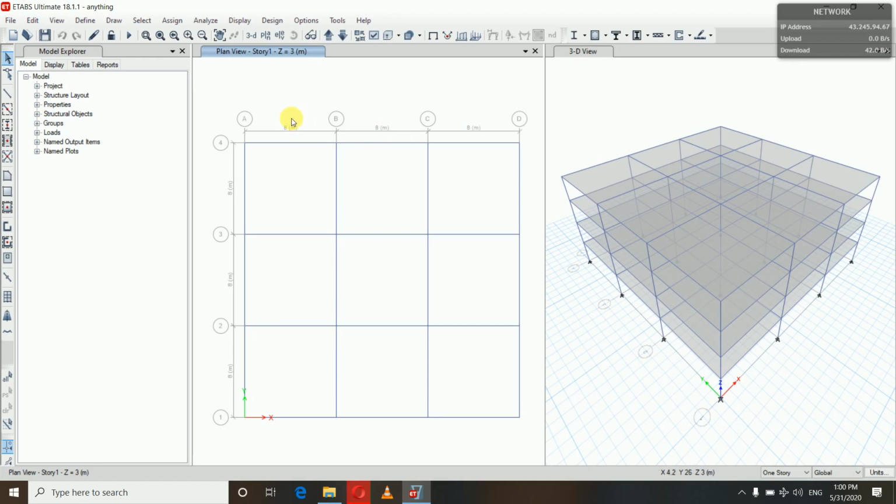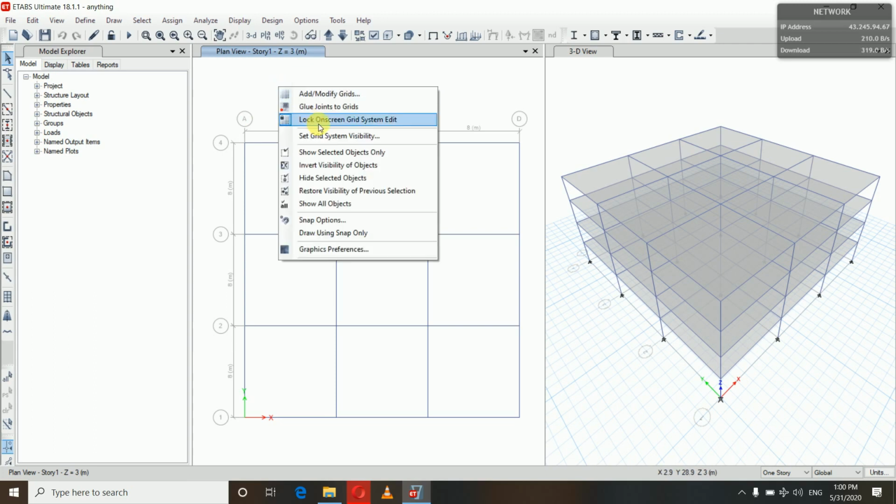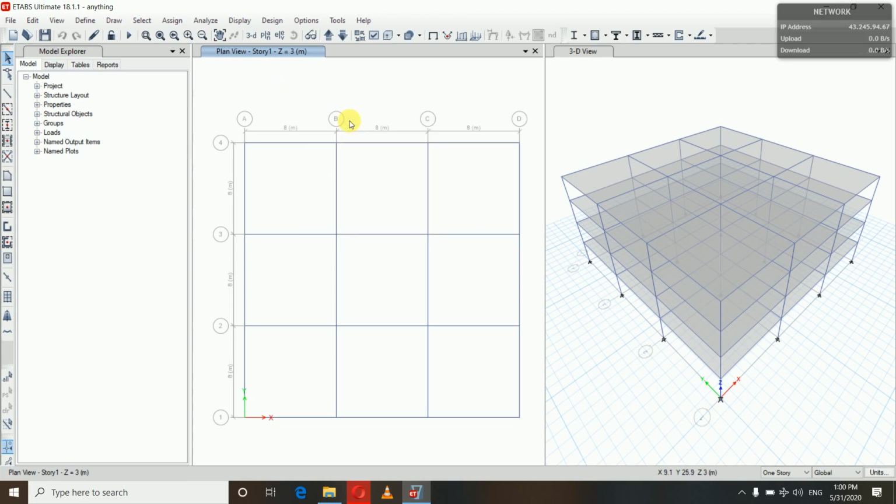So if you want to delete this dimension line and add another dimension line, first we will see how to delete the existing dimension line. So first click on it. You can see here it is not being clicked, right? So first what we will do is right click here, lock on screen grid system edit, and then click here. So you can see it has been clicked, and now simply delete it